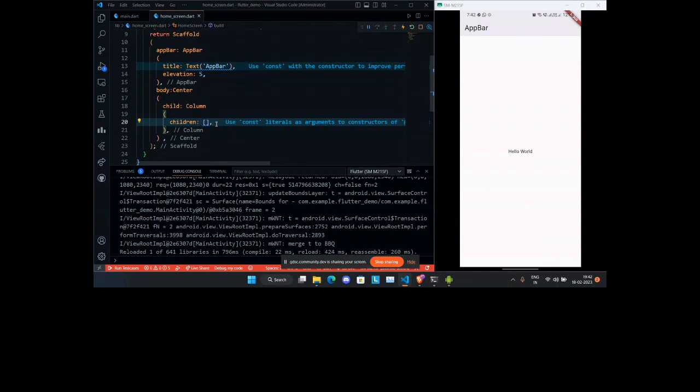Now, what do I mean by the life cycle of an app? Just imagine that you open an app. Let's say you have opened WhatsApp. You are chatting with any of your friends, and then you close the app. So that is the life cycle of an app: you opened it, you performed some function, and then you close the app.